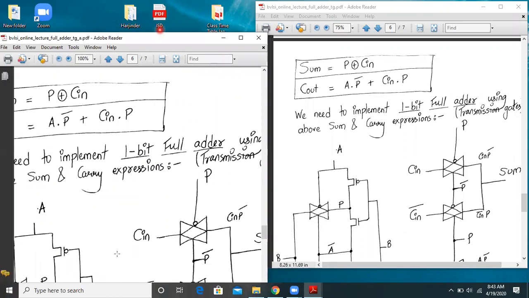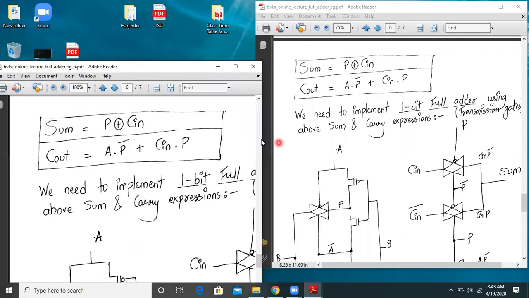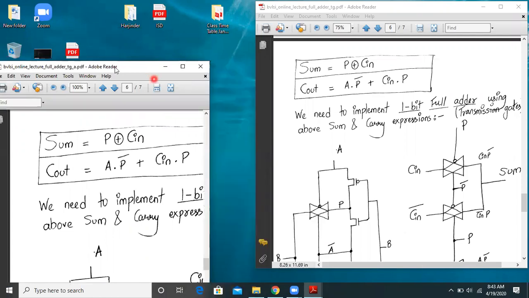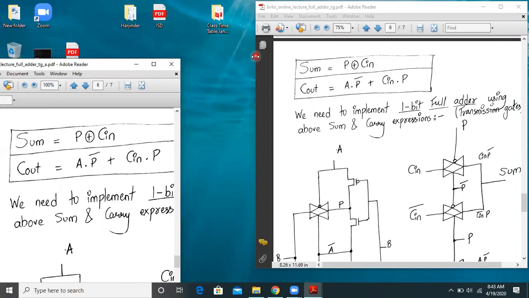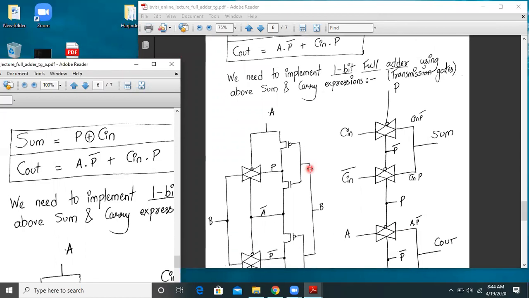Let me just keep it over here and highlight only the expression part. Now it is clear, and let me expand this a little so that it fits the screen.